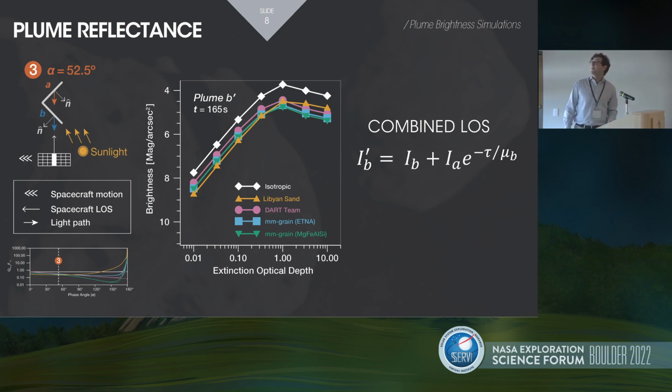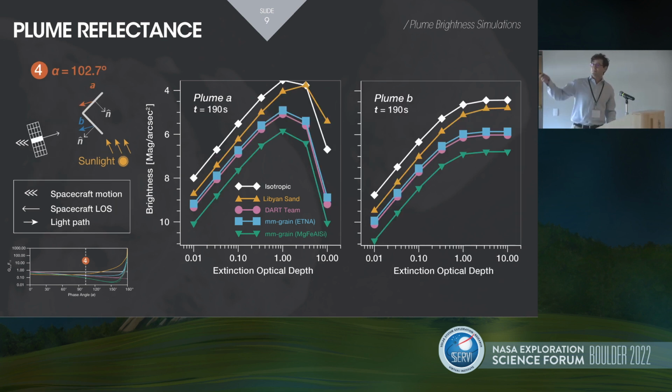Finally, we have step 4, t equals 200 seconds after impact, with a phase angle of 102.7 degrees, where LSE is observing the plume from behind. Significant divergence between the models can now be seen. This would lead to significant differences in inferred ejecta mass estimates when relating mass to optical depth with an assumed